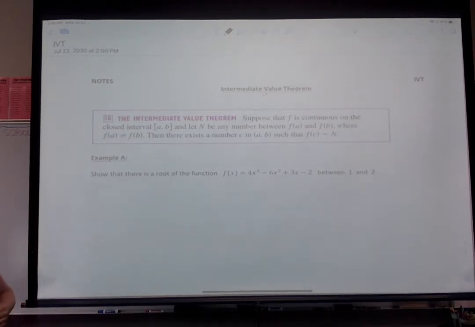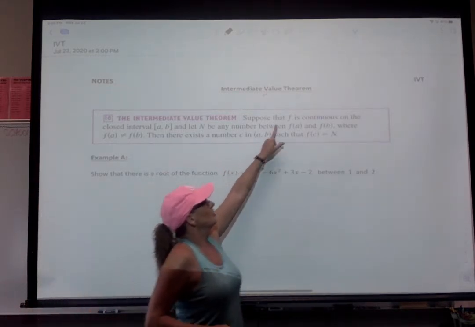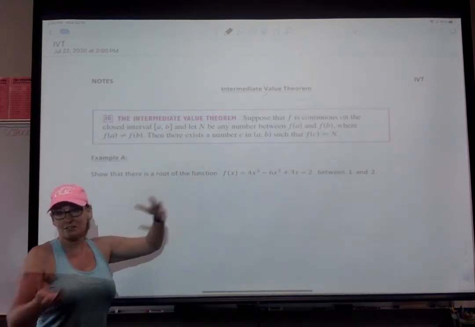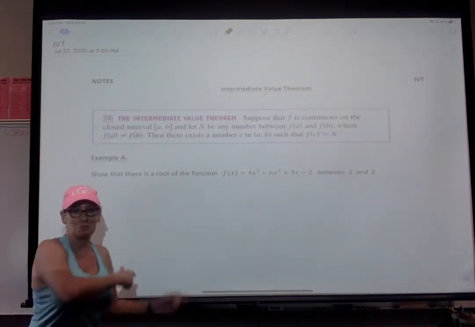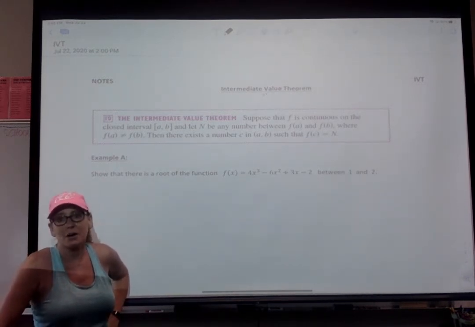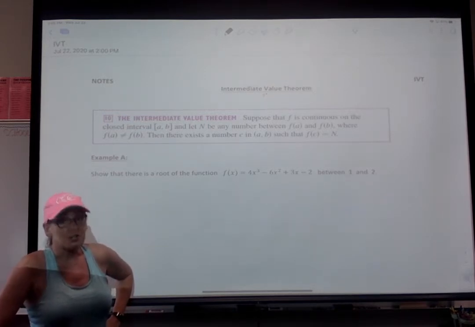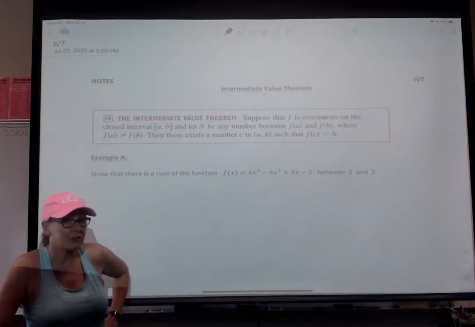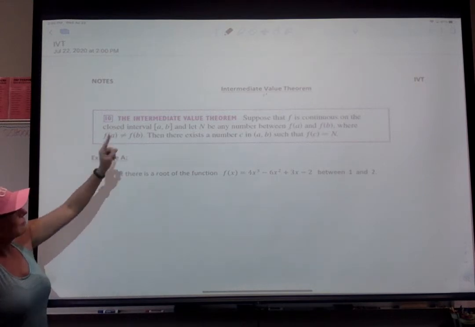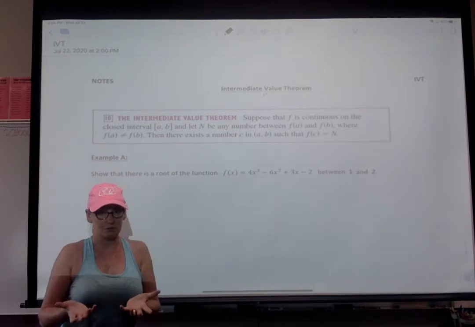All right, Intermediate Value Theorem says if your function is continuous. So yesterday, in the notes that you watched before this one, we talked about how you know if a function is continuous. Well, you just kind of know. Polynomials are continuous. Root functions are continuous where they're defined. So they're continuous in their own domain, and so on. So if a function is continuous and you're looking at a closed interval,